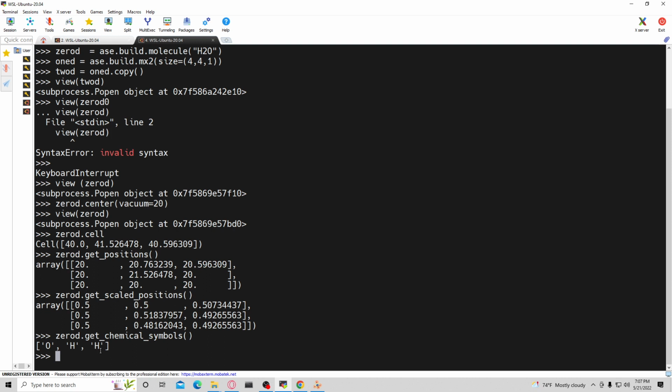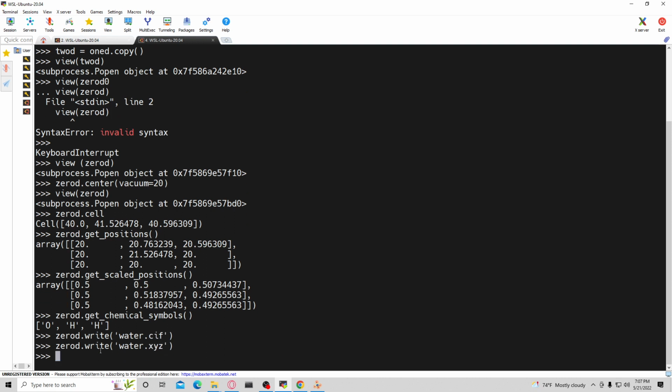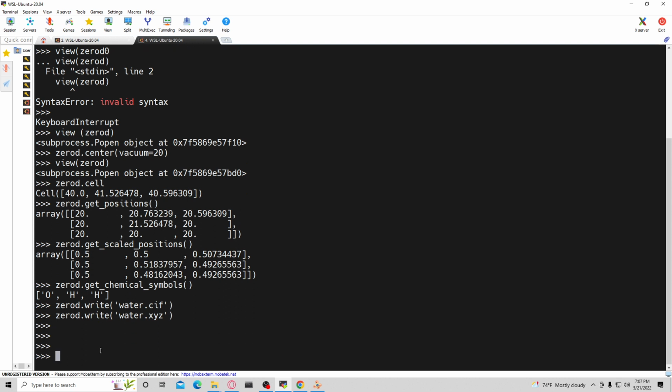So that's what you do with the 0D system. You can then write it to a CIF file if you like. That will keep the cell parameters for you, or you could do just an XYZ file. At the very end, I'll show you kind of some working with files, because presumably that's what people are here to do. But yeah, so now moving on to the 1D system,